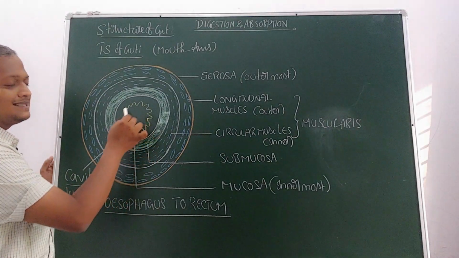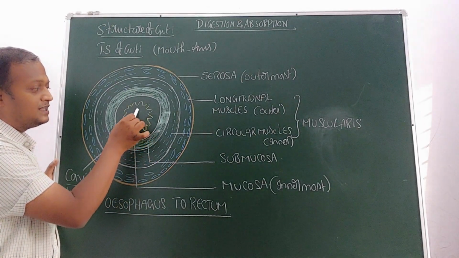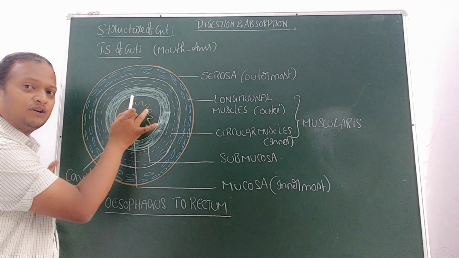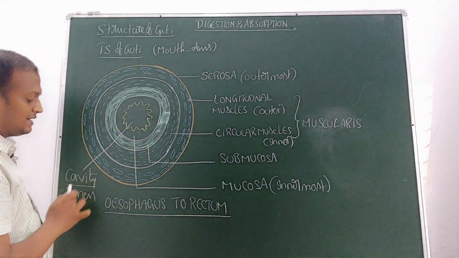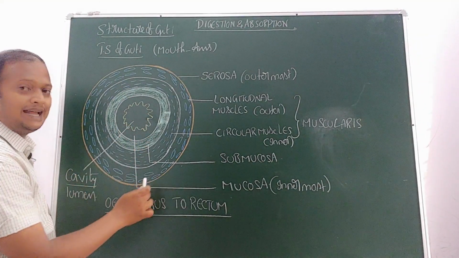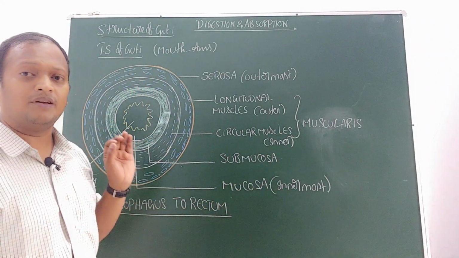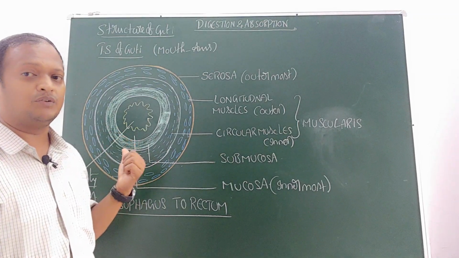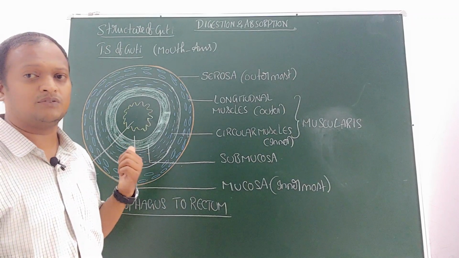So this is the cavity of the gut. Lumen of the gut means complete food is present in the lumen, and the digestion process also takes place in the region of the cavity of the gut. Okay, students, so the cavity or lumen of the gut is lined by which membrane? The innermost membrane, that is mucosa. Very important from the subjective and objective point of view also. For the subjective point of view, the diagram is important and the description is also very important.